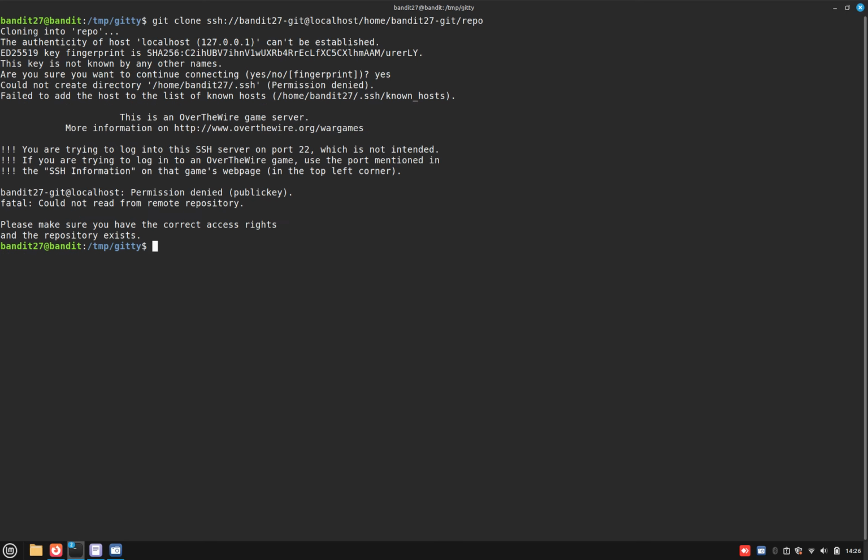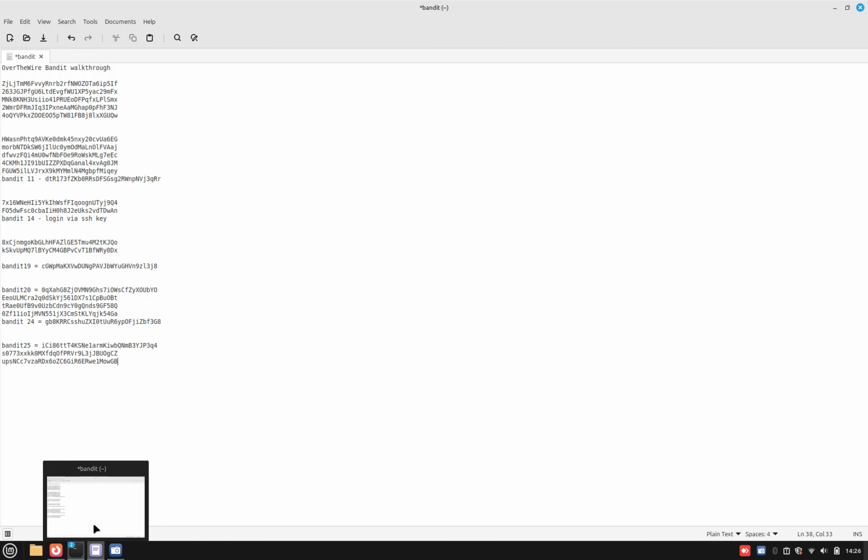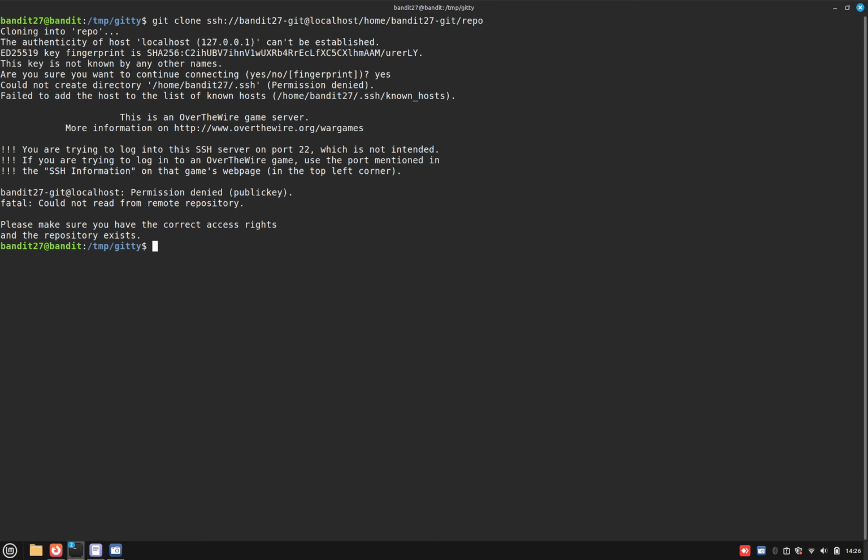and the password, the password is the same. Permission denied. Make sure you have the correct access rights. Yeah, I know that the password is the same, but where do you enter the password? That is the question. So git clone ssh://bandit27-git@localhost, blah blah blah. And ssh pass, I think, and this I'm not sure, but